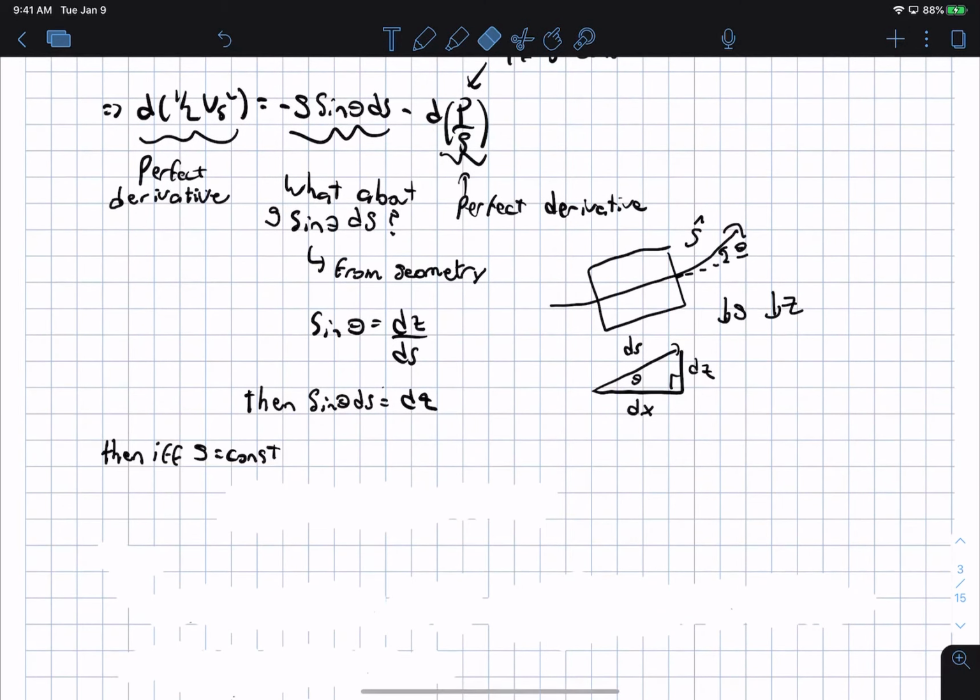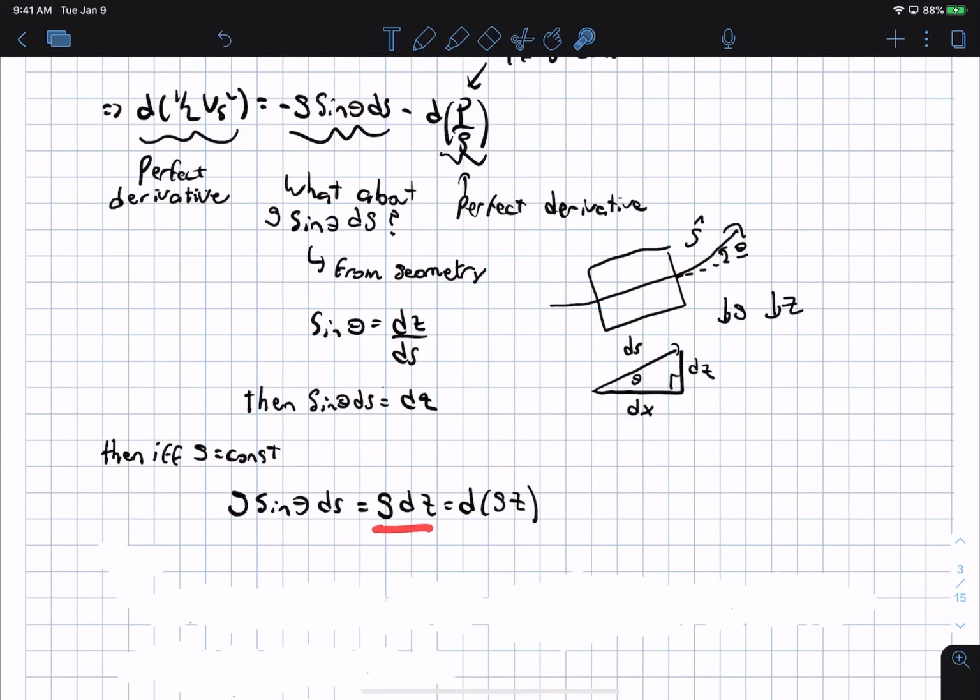Then if the gravity is constant, and for most engineering applications it is, again, if you work in astronomy and things like that, it may not be. Or if you're dealing with an enormous change in the elevation, it may not be either. Okay, but if gravity is constant, then we can say that g sine theta